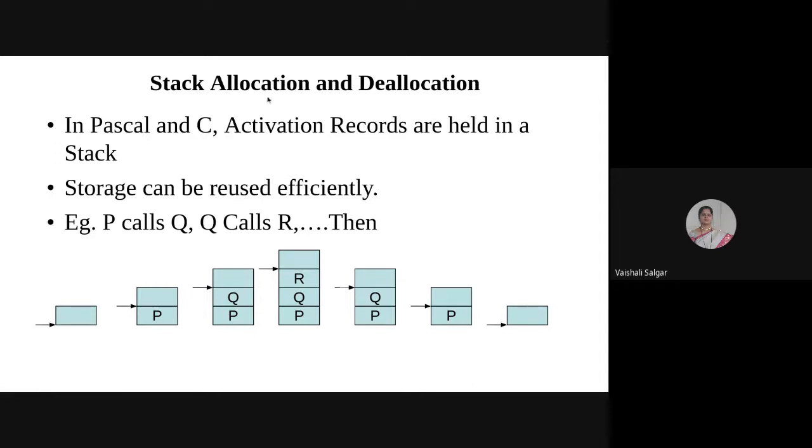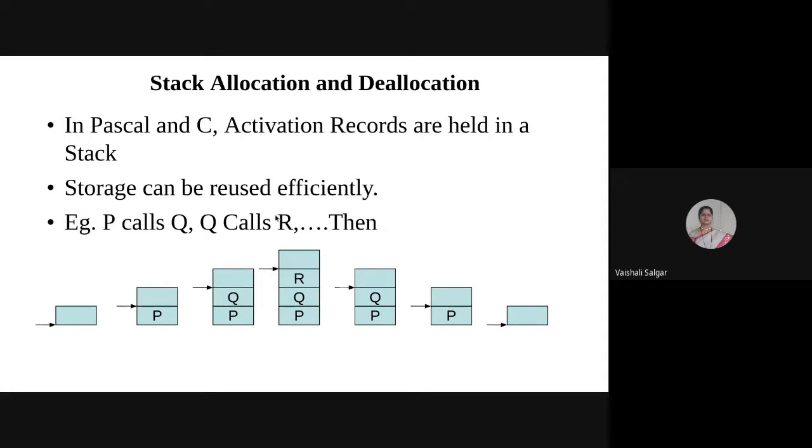As I mentioned, when P is giving a call to Q, P will be inserted in a stack, and the pointer will be incremented. Now, when Q calls R, as I mentioned, whenever there is an activation of any procedure, that activation record will be stored on the stack. From Q it is calling R, so R will be stored again over here.